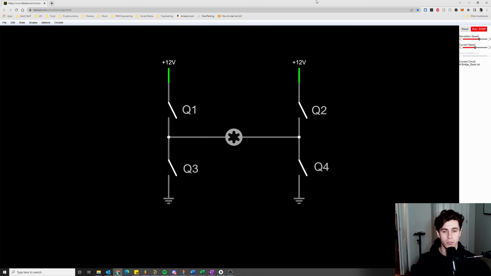Today, we're going to be going over a circuit known as the H-bridge. This is a circuit that is commonly used to drive DC motors, but it also has a few other applications as well. So we're going to be running some simulations, doing some circuit analysis, and then discussing the theory of